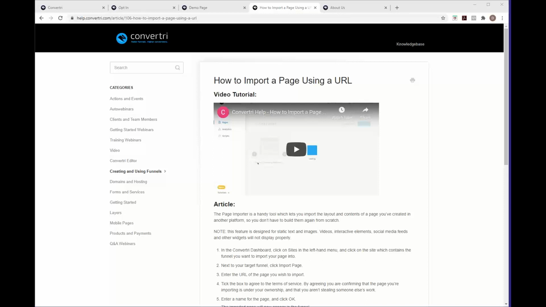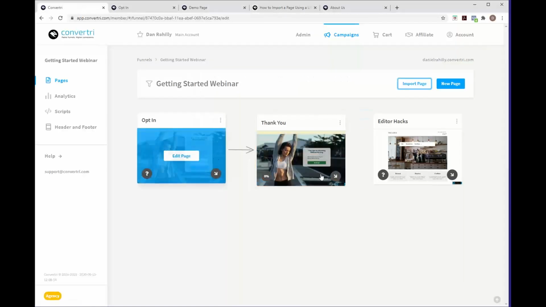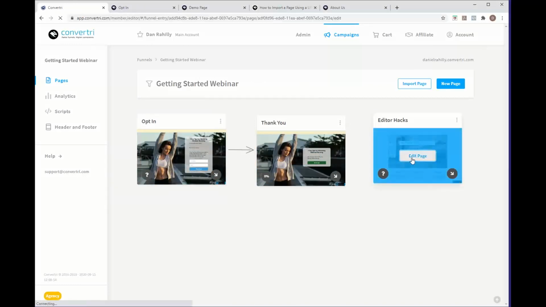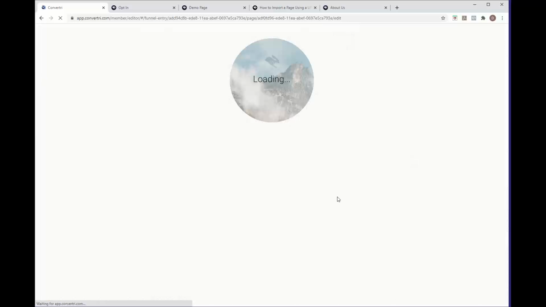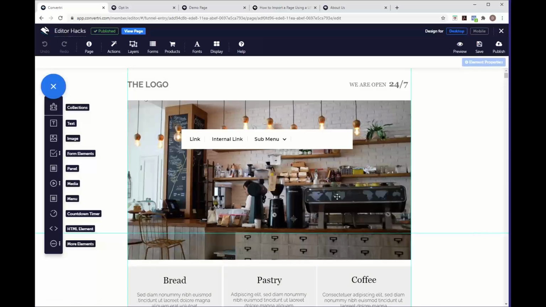Okay, so next question we've got from Cynthia. You're saying your menu bar, which is at the top, isn't showing on mobile version. Any advice? Now, I'll show you what it might be the problem. Obviously, I can't see your page, so if this isn't the case, then I would just suggest writing into support at